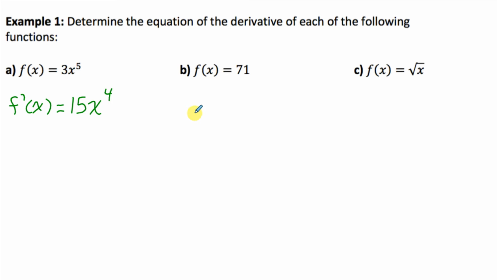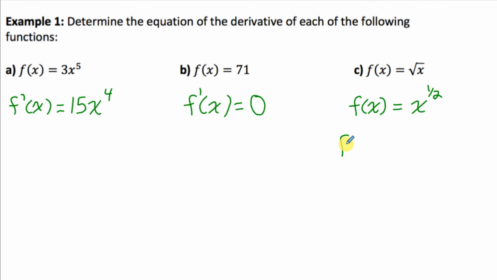Part B, it's a constant. F of x is always 71, which means it's never changing, which means its derivative is 0. C, do you remember a square root symbol is actually an exponent? I could rewrite the original function as x to the 1 over 2, and now I can just use my